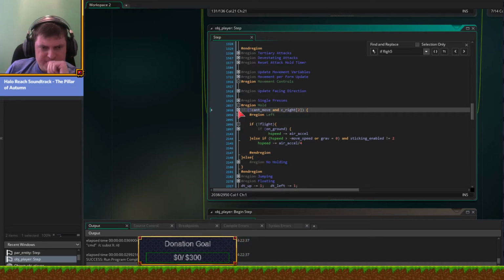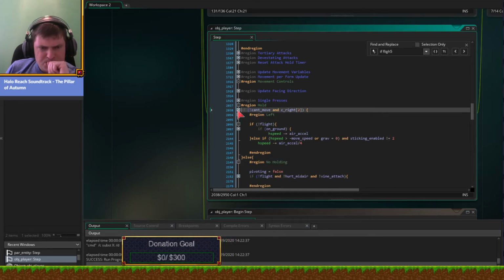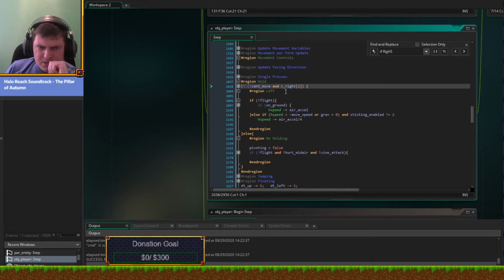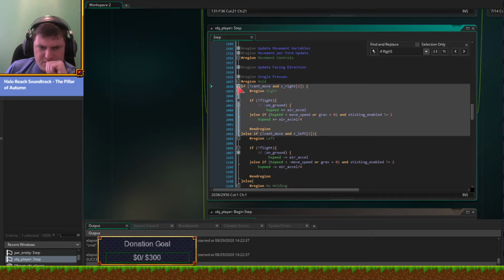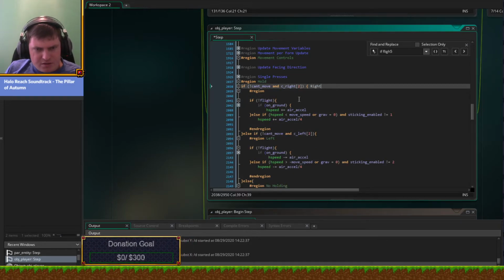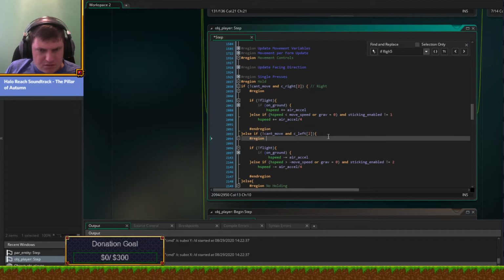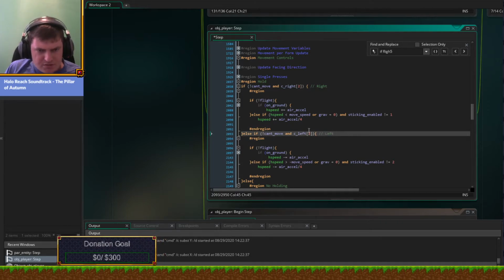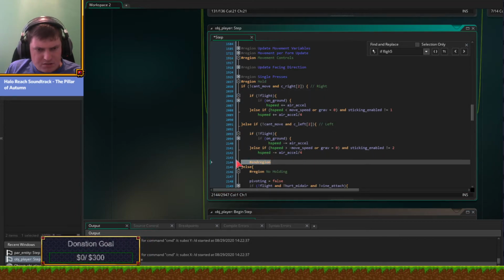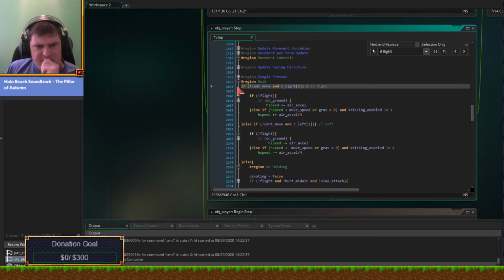So if I'm holding right or left, right, so this is right. Hey, wait, this is left. Here it is. What? Dude, the regions are really confusing me now. We're gonna do right, left, and then get rid of the regions. Right, left, okay. So if you hold right,